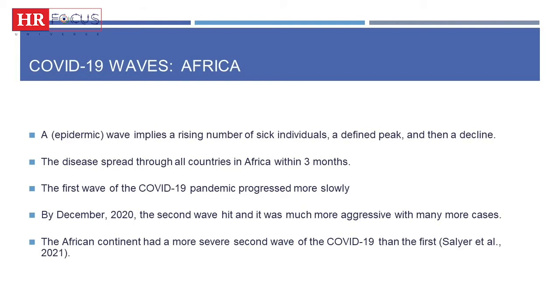So if you had followed the information on the internet, you would have realized that in Africa, we were not recording so many cases. We probably felt that maybe our environment could help us fight this pandemic. Relatively, if you compare the numbers involved, you realize that despite us losing significant lives, statistically, we are not dying a lot from COVID. So in December 2020, the second wave hit Africa, and this was much more aggressive with many more cases. Next slide.